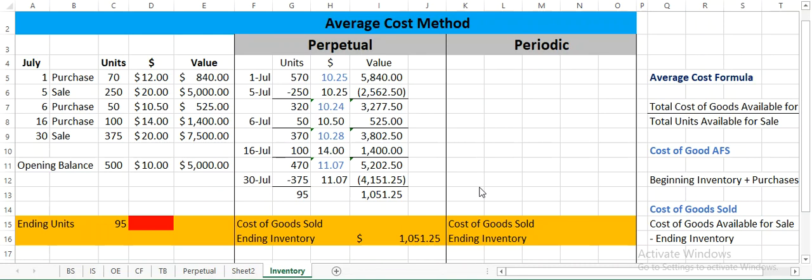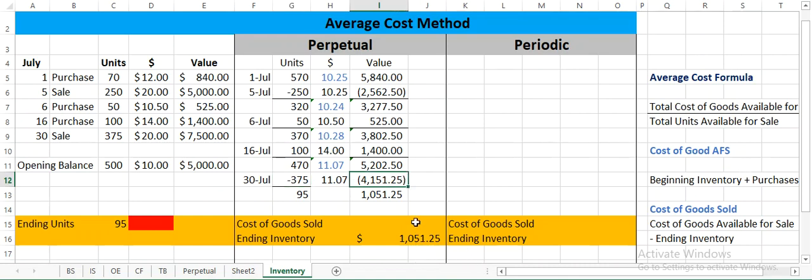Well, under the average cost perpetual system, we actually don't need to calculate the cost of goods available for sale, because it's perpetual; we calculated the cost of our goods sold after every transaction. And so that's different from what's going to happen for the periodic. We already calculated the cost of our goods sold each time we sold something. So we calculated that the 250 we sold was valued at $2,562, and we calculated that the 375 sold was valued at